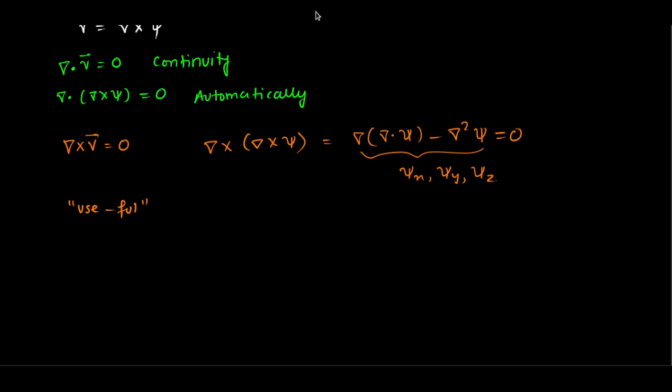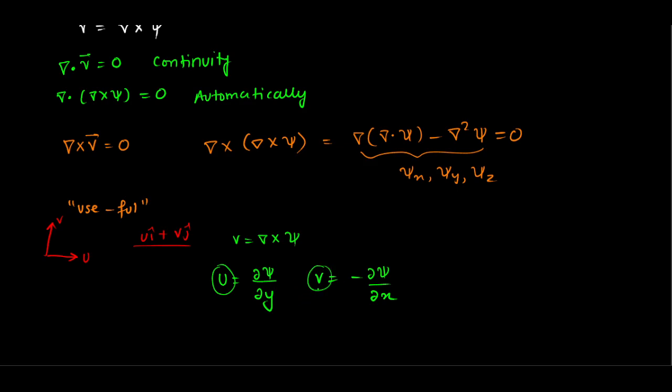And if you know a little bit of mathematics about curls, let's say the x direction velocity of the fluid is u and the y direction velocity of the fluid is v, and therefore I'll have a velocity vector as u i cap plus v j cap. This is simple vector mathematics. And if I define velocity as the curl of the stream function, then I can say that u equals del xi by del y, and v equals minus del xi by del x. So from the stream function we can find the x direction velocity and the y direction velocity.